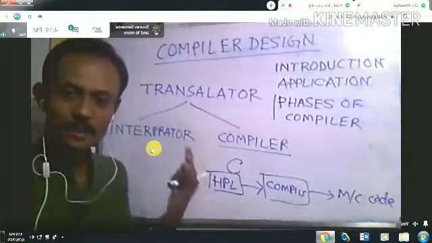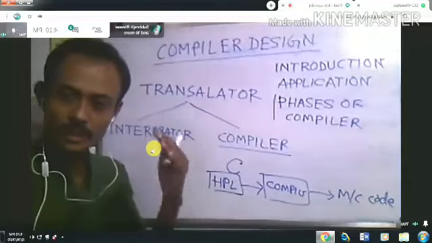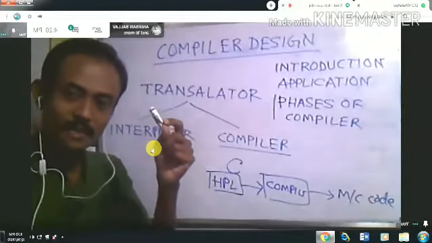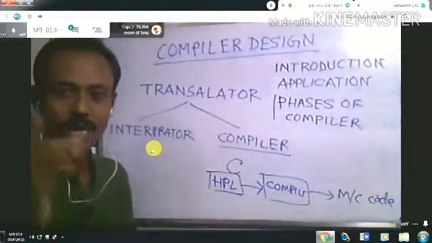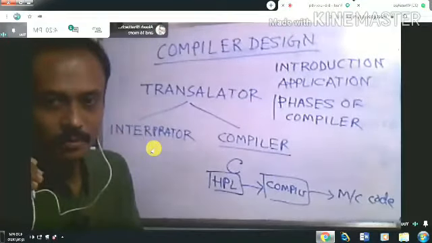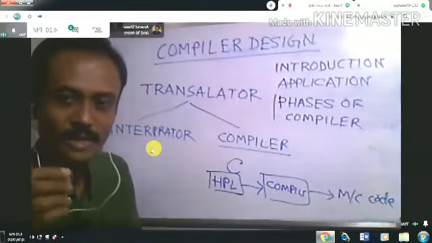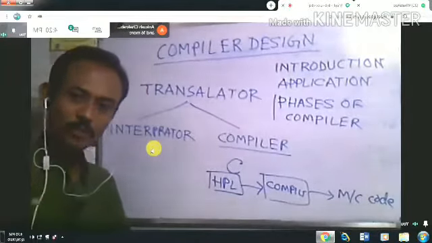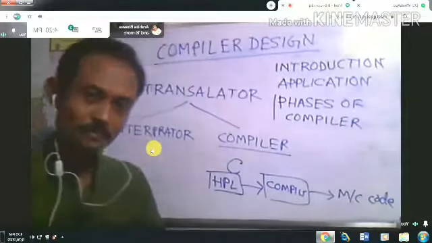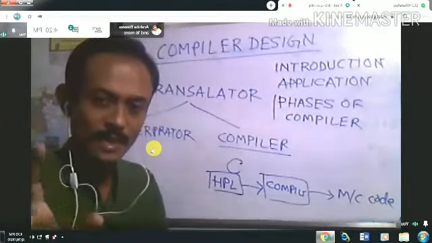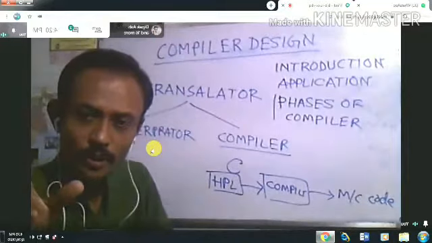And also you will see that there are so many software jobs in industry that require the concept of the compiler. That means high level software industry coding, or development, deals with compiler type concepts. So compiler is a very important subject in computer science. If you talk about computer science as a domain, it's a very important subject. Got it? Gradually we will understand why it is so important.